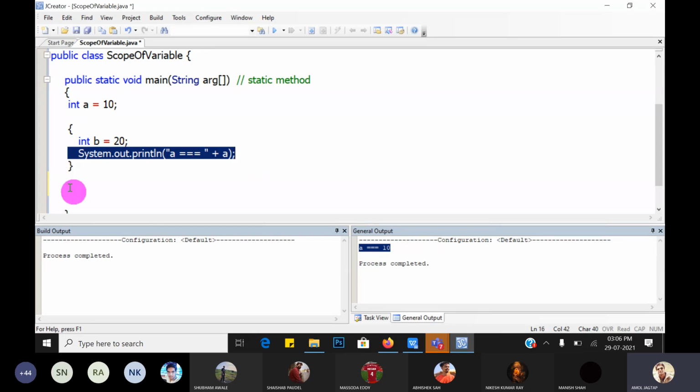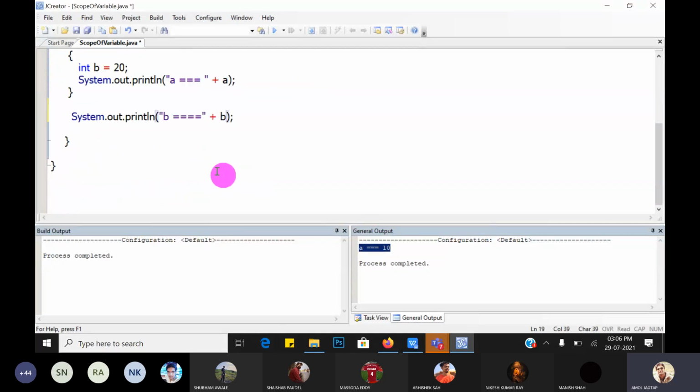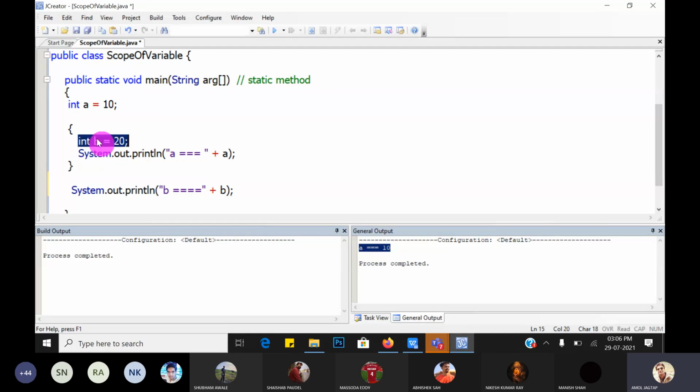Now my question is, suppose System.out.println, and here I want to access b is equal to b plus b. Now guys, what happens? Tell me. b is inside this block, and I access it outside the block. Is it possible?